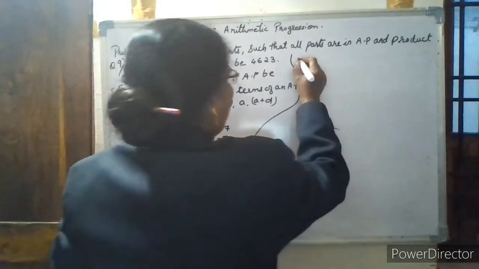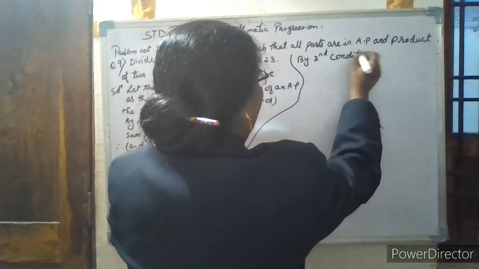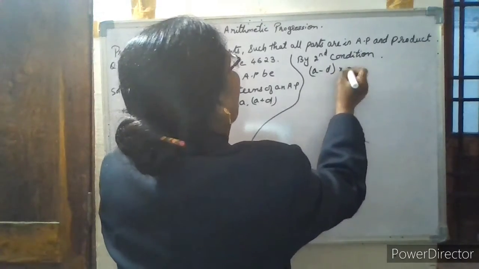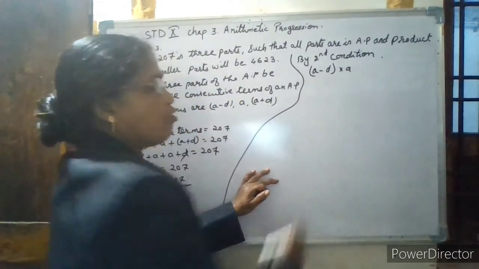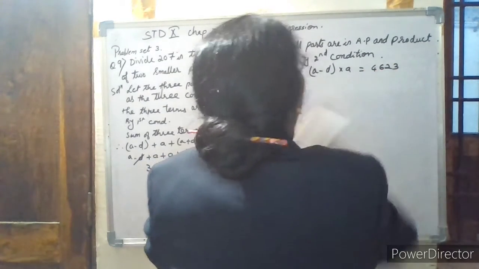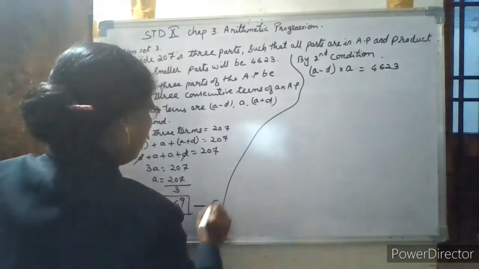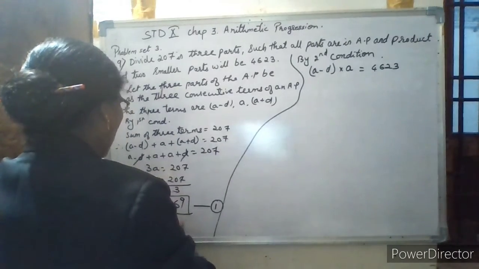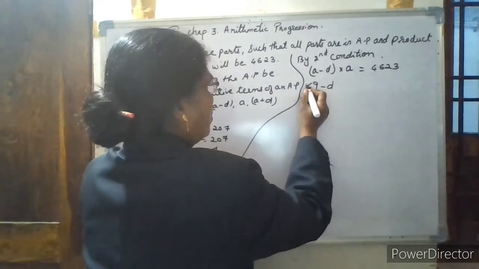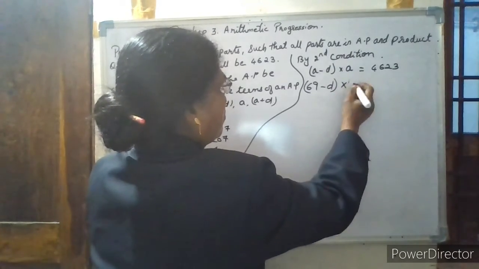So by the second condition, that is, A minus D into A, the product of the smaller two terms, is equal to 4623. Now we know the value of A. So the A value is equal to 69. So substitute the A value here as 69: (69 minus D) into 69 is equal to